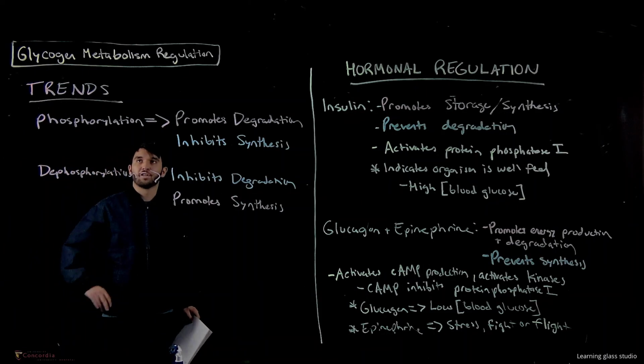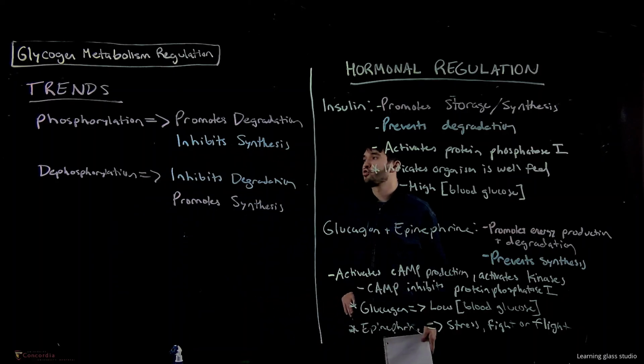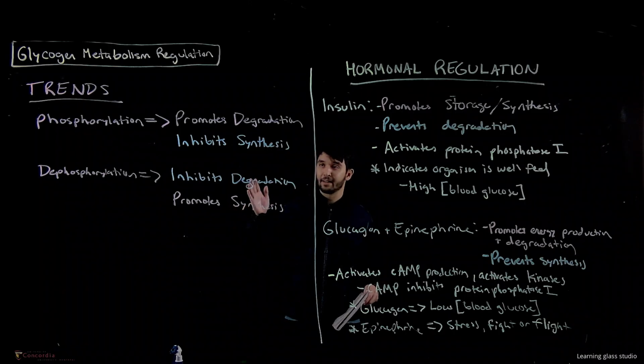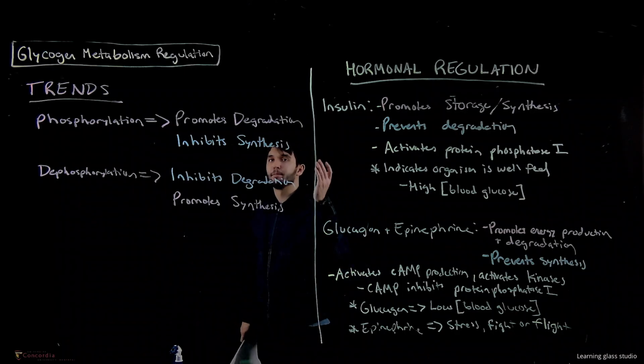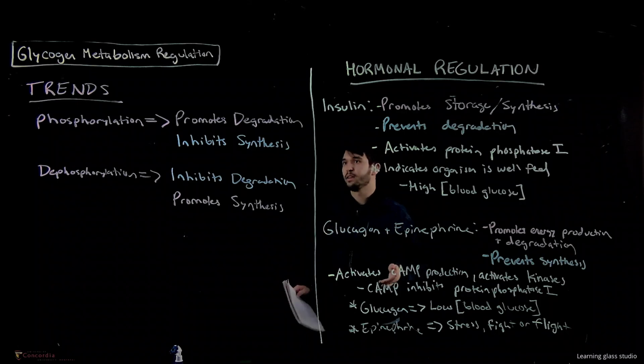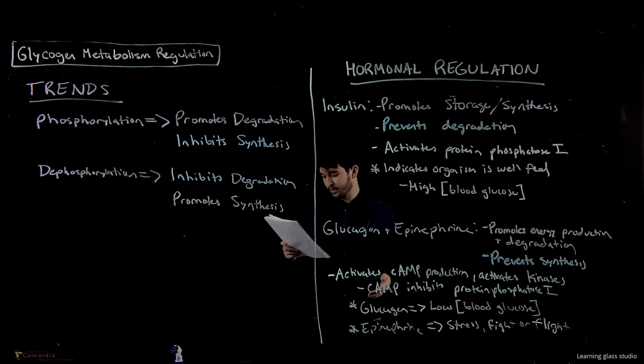All right, let's finish our discussion of glycogen metabolism regulation. So let's first look at the major trends in glycogen metabolism regulation. Overall, phosphorylation of both glycogen phosphorylase and glycogen synthase, together, promotes glycogen degradation and inhibits glycogen synthesis. Remember, phosphorylation is going to activate glycogen phosphorylase and promote degradation, and it is going to inactivate glycogen synthase